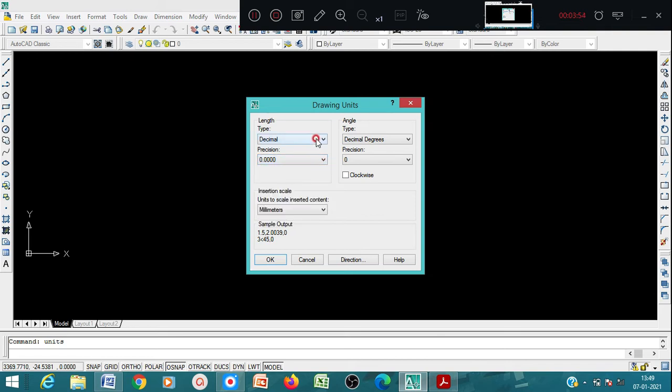If you want feet or inches, you can choose engineering or architectural. We are working in the metric system, so keep it decimal, precision 0, and the scale in millimeter. Then say OK.